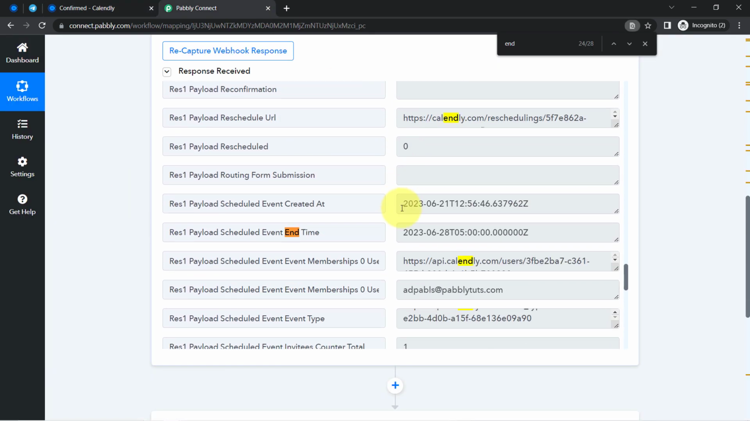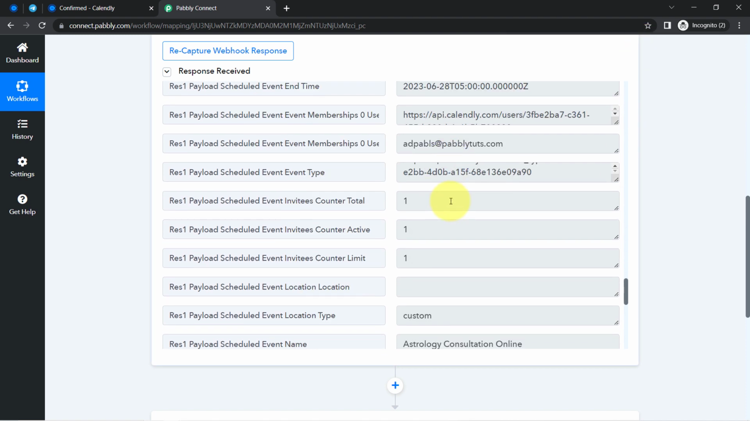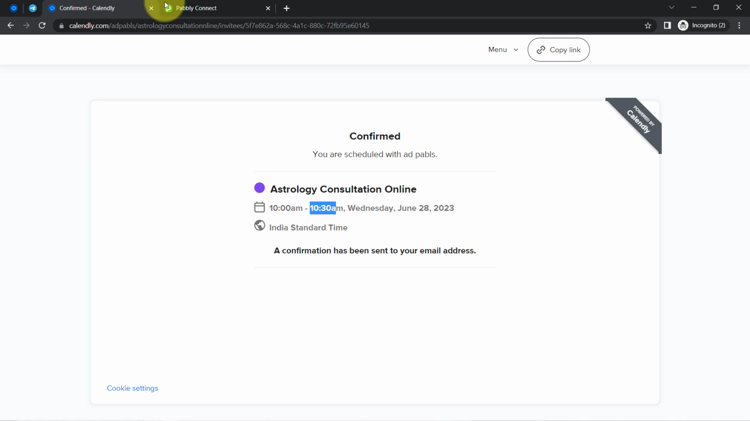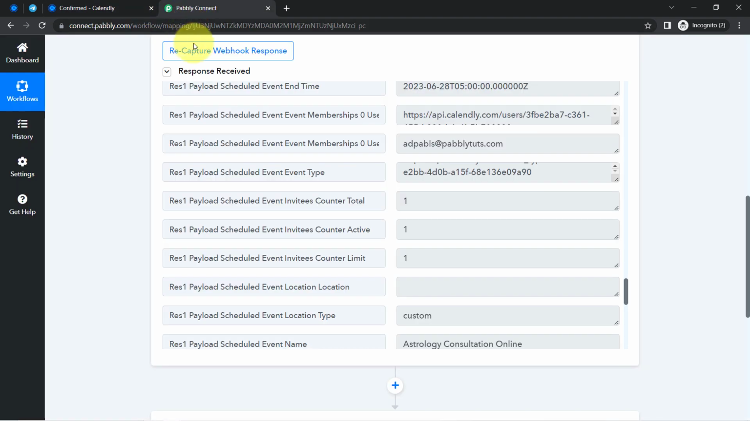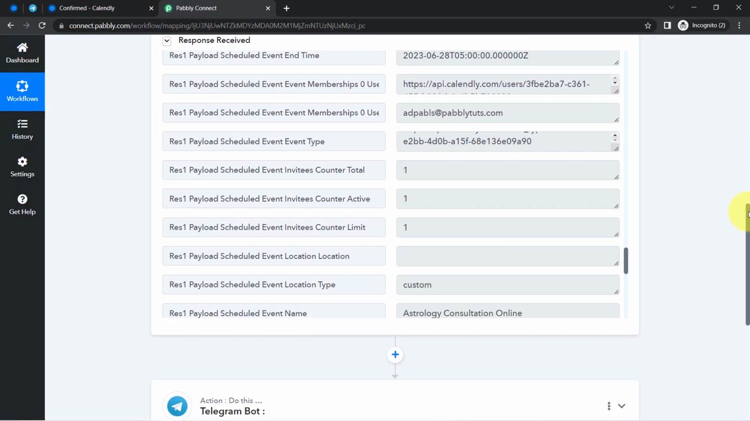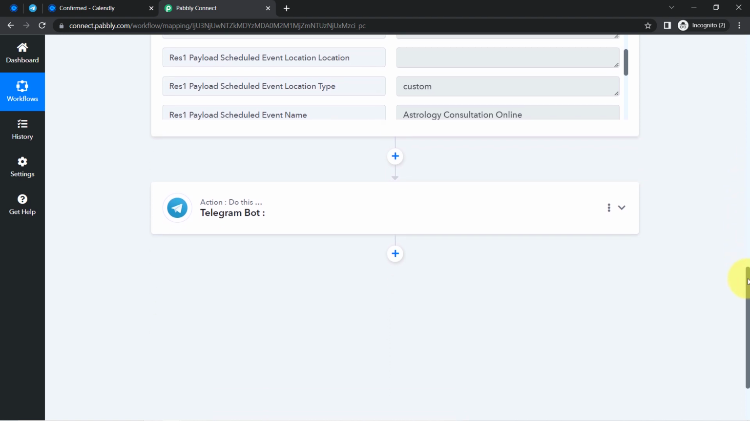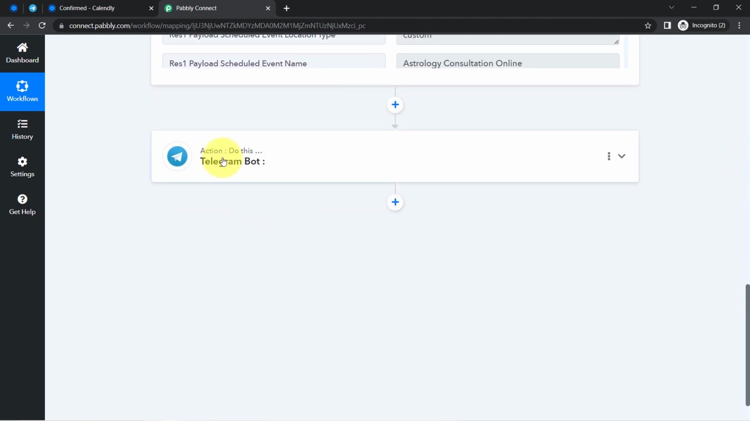This is not a problem that we have received the timing in a different time zone, basically the UTC time zone, because with Pabbly Connect we can easily do such types of conversions. The presence of this data clearly shows that the connection between Calendly and Pabbly Connect is working absolutely fine. And moving further, now I am going to send these details on Telegram, but before that let me